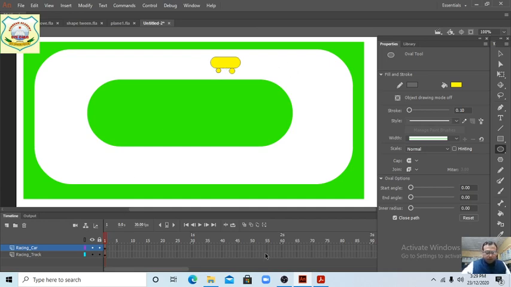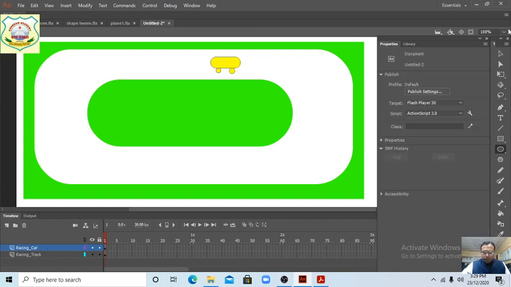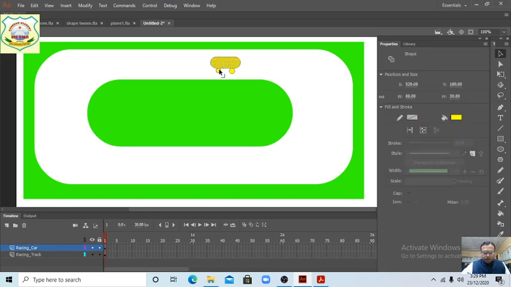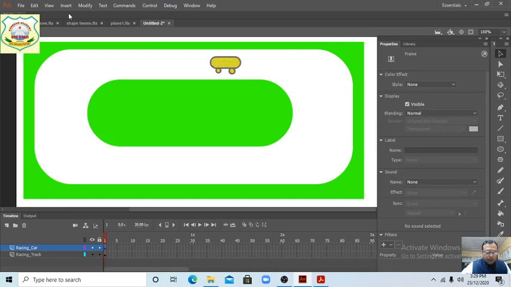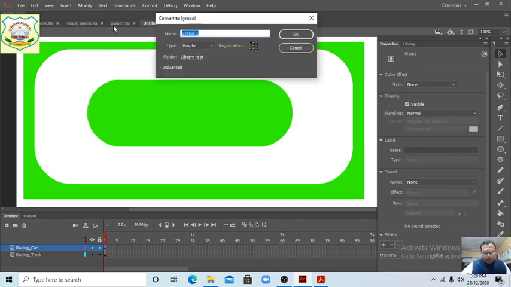Now, with the selection tool, select the whole car and go to Modify and Convert to Symbol.